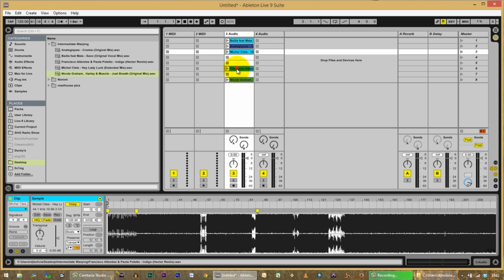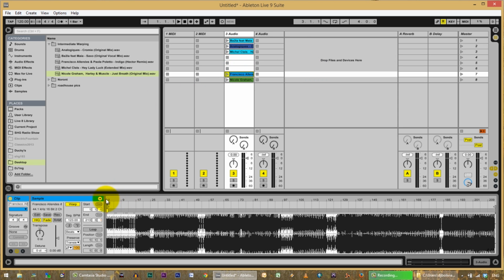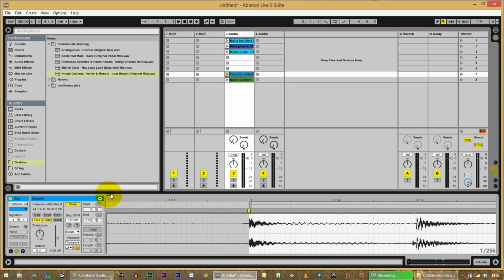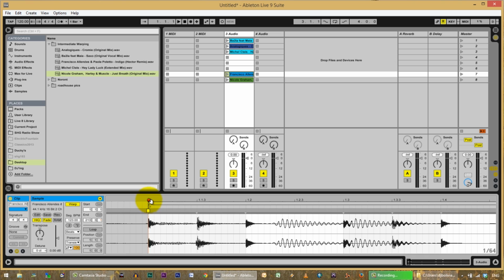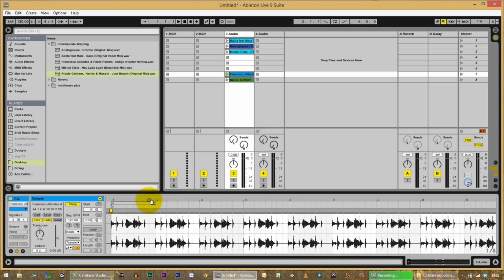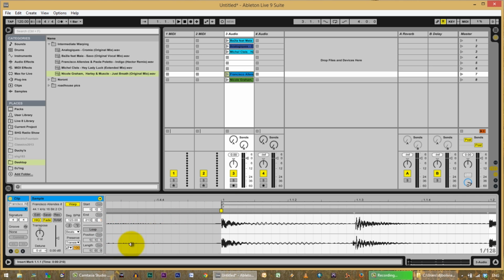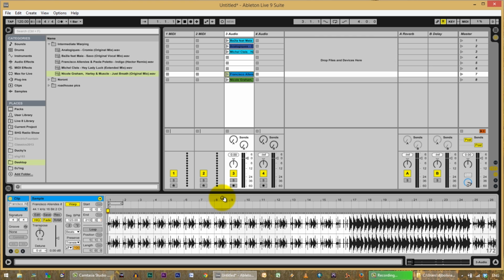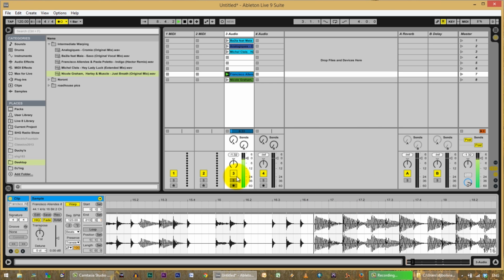Now let's look at this Francesco Alennis track. Okay, that looks good so far. The first warp marker is on the first downbeat. Although, having said that, just keep this in the back of your mind, you can see a little bit of noise there. Anyway. So if we were to play this, yeah, that sounds good. But watch what happens once we get up here a little further. Yeah, it sounds like offbeats there.